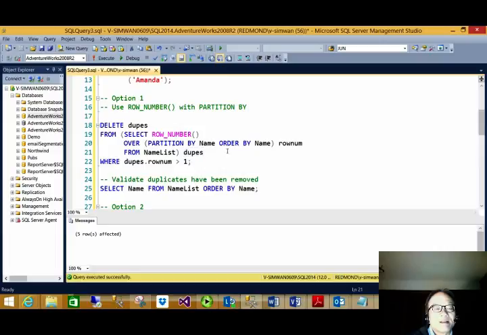Simply speaking, we will delete from the virtual table dupes. We specify a condition. If a row has a row number greater than 1, we want to delete the row. Since we partition by name, if a name has multiple occurrences in the table,